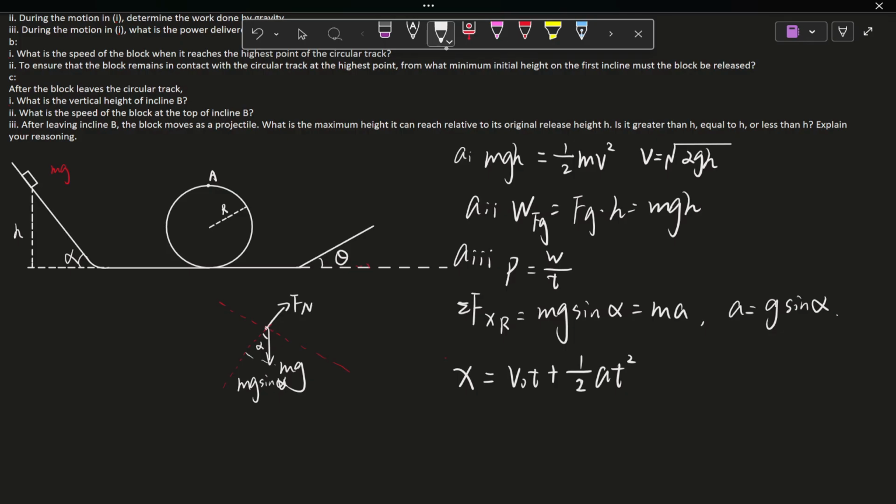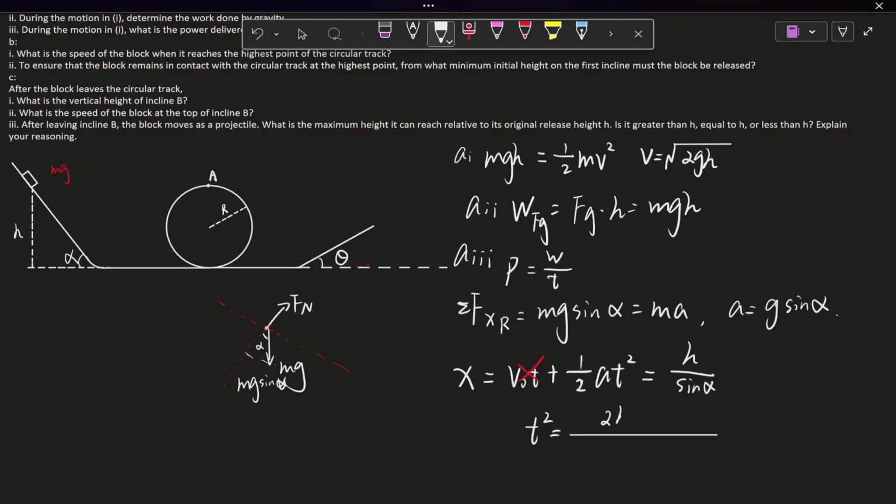Since it's initially at rest, we can basically ignore v naught t. So x is equal to 1/2 at squared. How do we find the distance it travels? Using trigonometry, right? Very simple. The height is h. We're trying to find how long this is, and we already know alpha, so we can get x is actually equal to h over sine alpha. So now after simplifying, we can get t squared is equal to